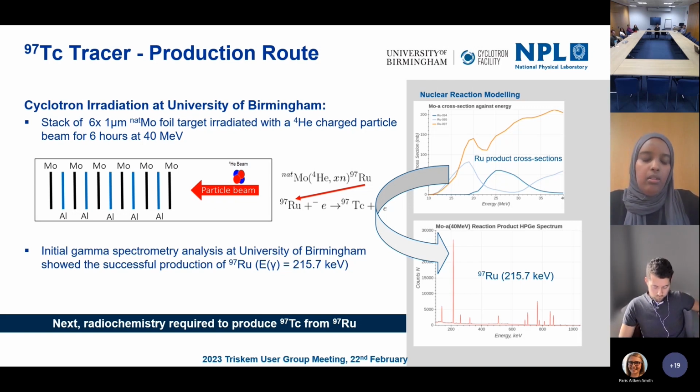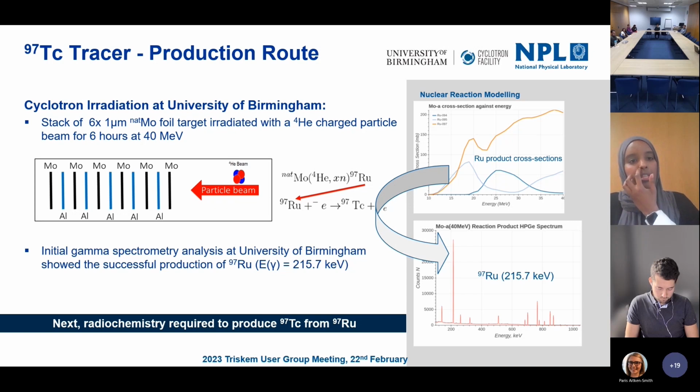And it looks at optimizing the production routes, and was able to demonstrate quite a nice approach of irradiating molybdenum, a natural molybdenum target, to initially produce ruthenium-97, and then making use of some very nice Tech-selective separation routes to allow for collection of the ruthenium-97,